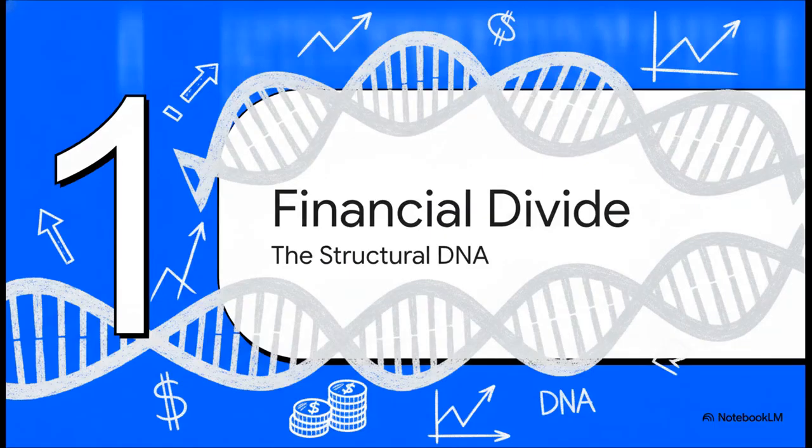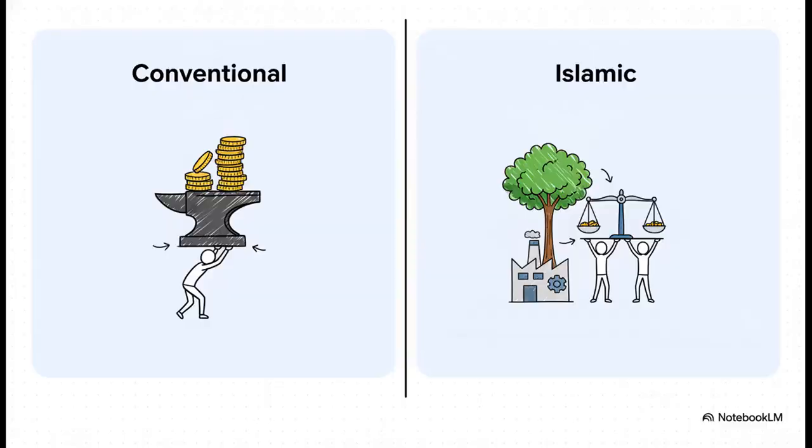Section 1, the financial structural divide. To truly understand these markets, we have to look all the way down at their foundational DNA. When you put these two systems side by side, the difference in what actually motivates them is staggering. Think about the conventional market for a second. It's mostly interest and debt-based. It's designed around profit maximization and risk shifting, which usually means the borrower takes on the burden, regardless of how